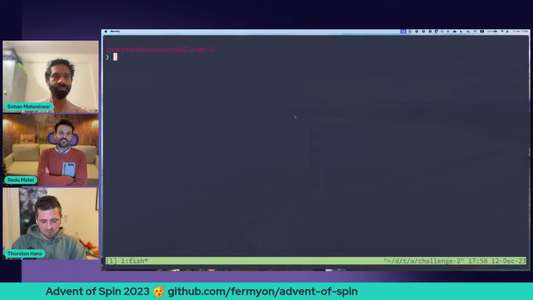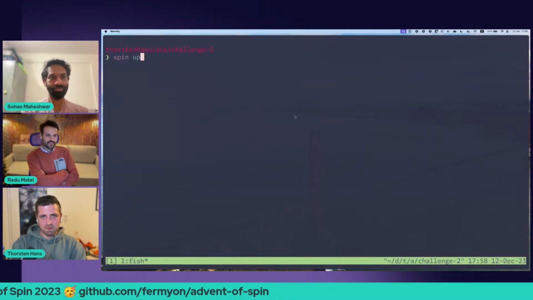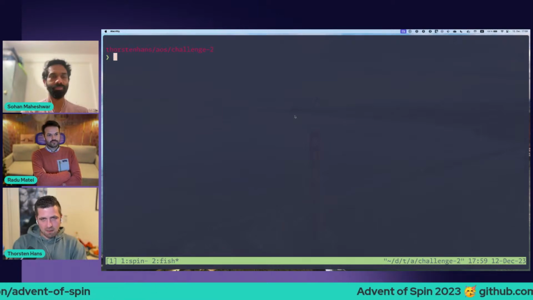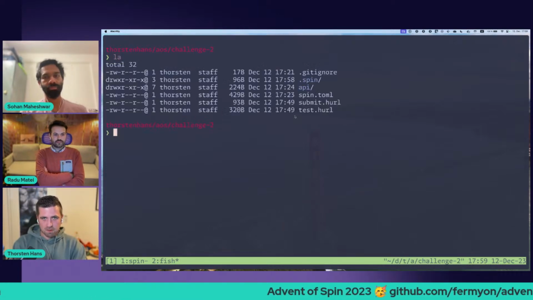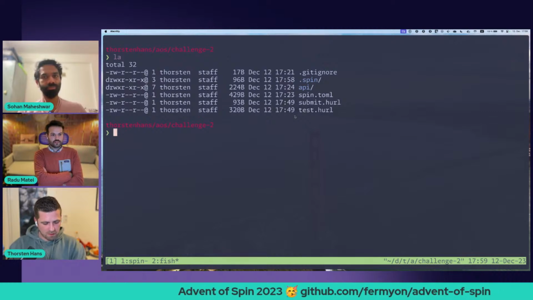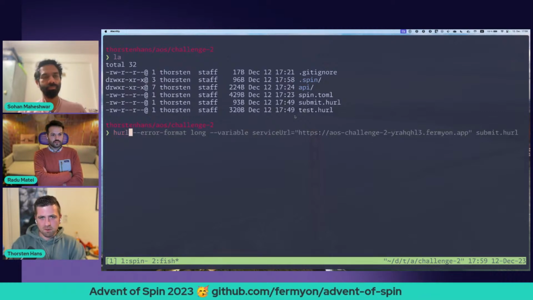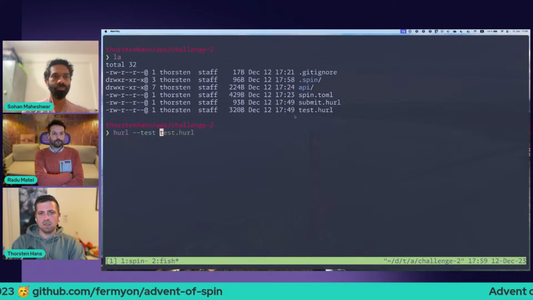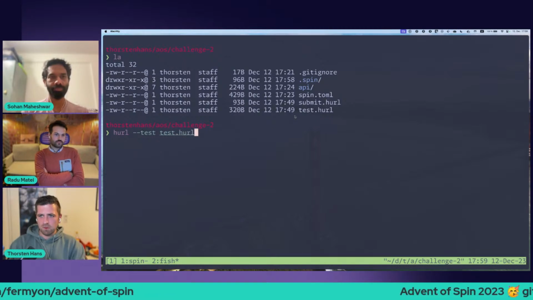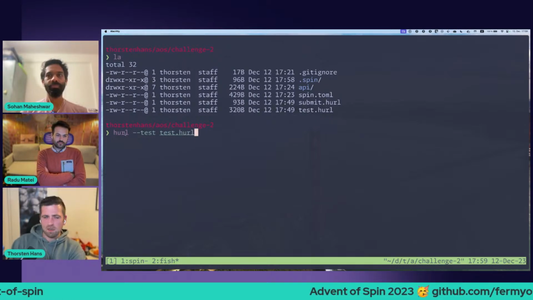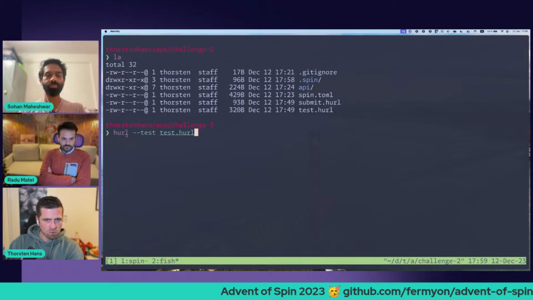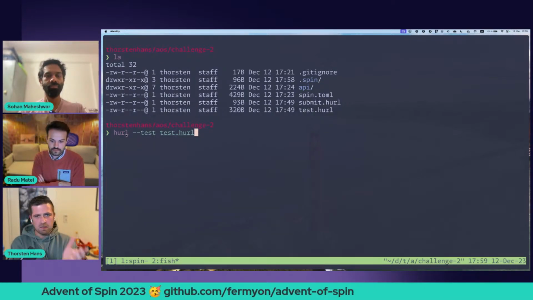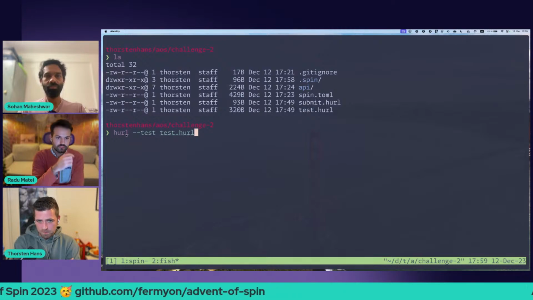Okay, so we can do a spin up over here, which gives me a new tab, and I could just have the test.hurl file. Now I have to double check. It's hurl. Is it test? No, it's test. Yep. And then test.hurl. The hurl CLI, I installed it via Homebrew, but hurl.dev, that's the URL, and there you can find detailed installation instructions.